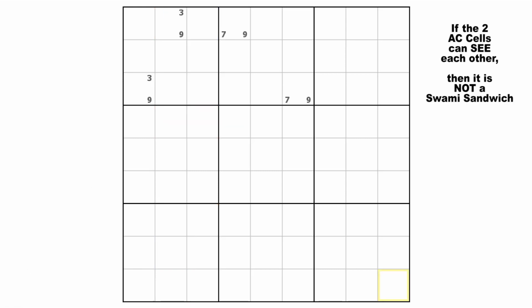All right, let's say we have something that looks like this. We've got 4 bi-value cells, and there's a candidate 9 in all 4 cells. So that would be candidate A. So let's start by calling the 3-9, 3-9 pair in block 1 our AB set. So now these 2 cells look like an AC and an AC cell, right? But if the endpoints are those candidate 7s, the only eliminations we could make would be within block 2, and as you can see, there's a naked pair of 7 and 9 in block 2, so all those eliminations would